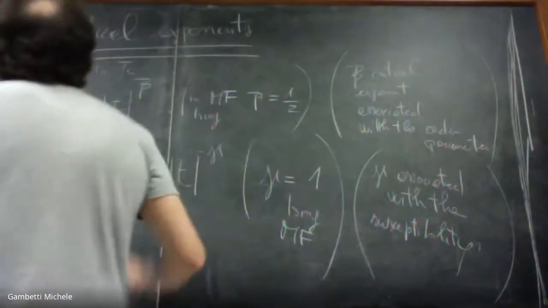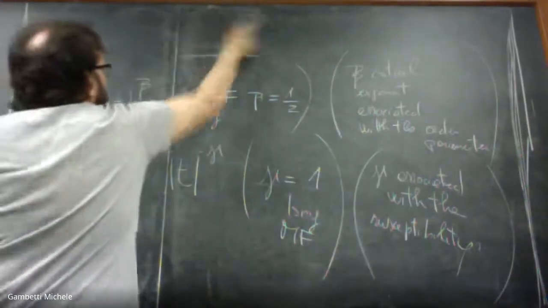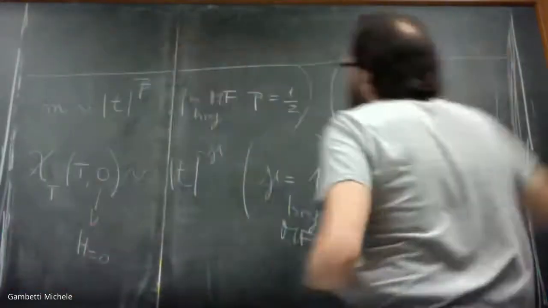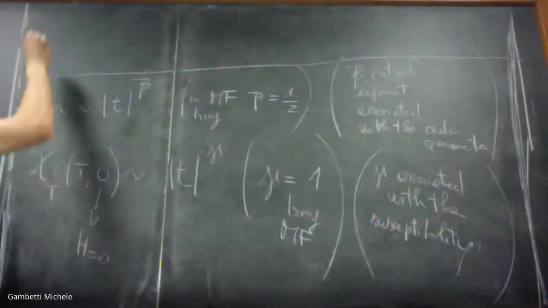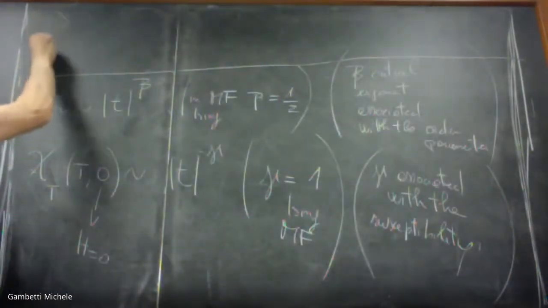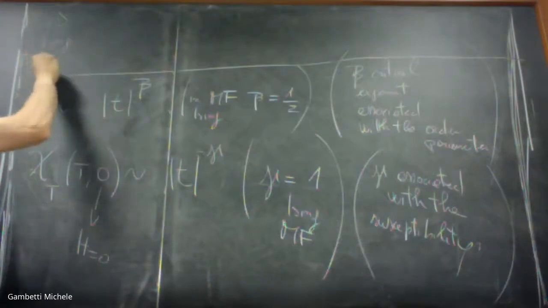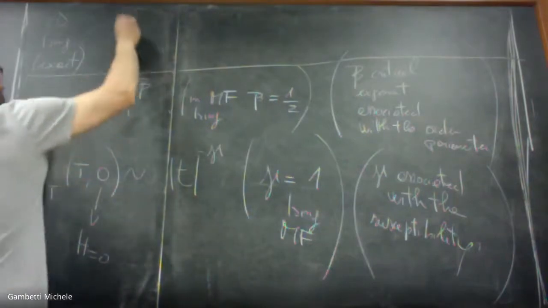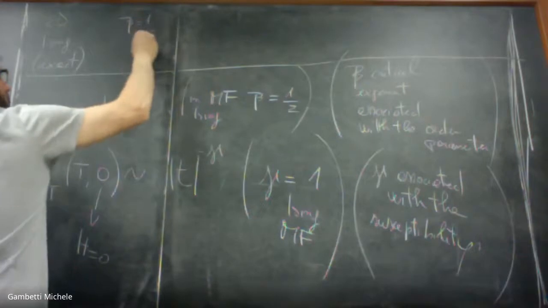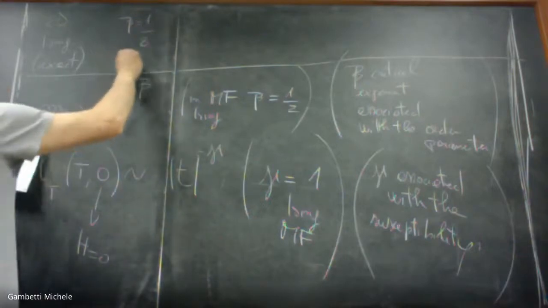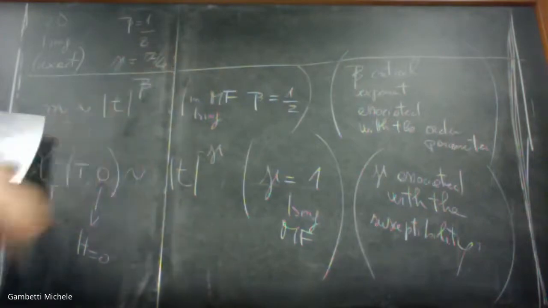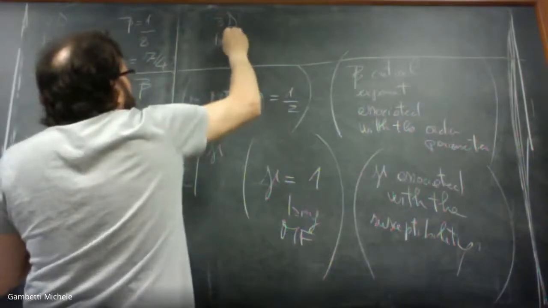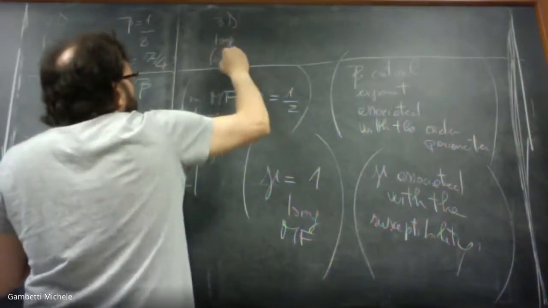Just to make a comparison, in the case of two-dimensional Ising, exact, one instead finds that beta is equal to 1/8, gamma is equal to 7/4, whereas in 3D Ising, for which the solution is numerical,